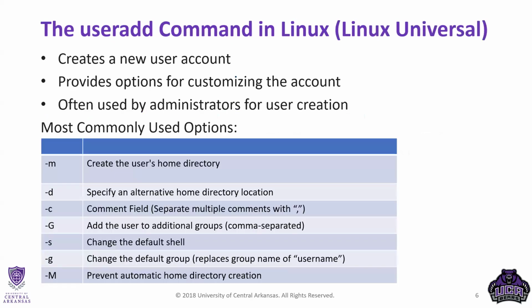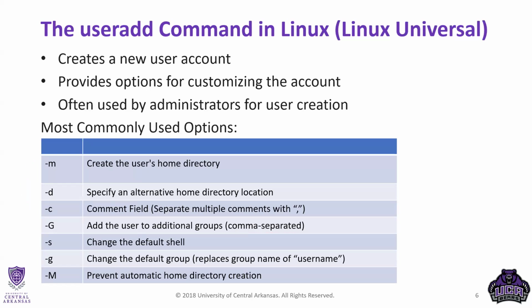All right, so here are some additional options that we can use. Of course, we've covered those right here. The -G right here is a comma separated list of groups that you can apply. For instance, I think we had the Linux class group, so I could have done -G and given that, and then you would be a member. If I created it for me and my account name is Jay Corcoran, it would be Jay Corcoran the user, Jay Corcoran the group, and then an additional group applied to me of